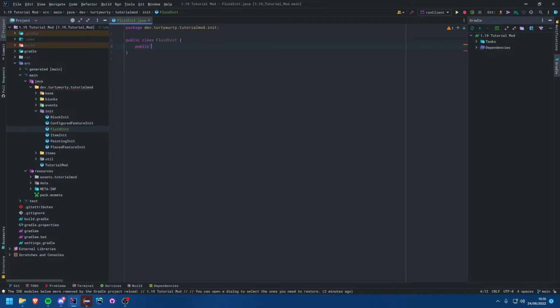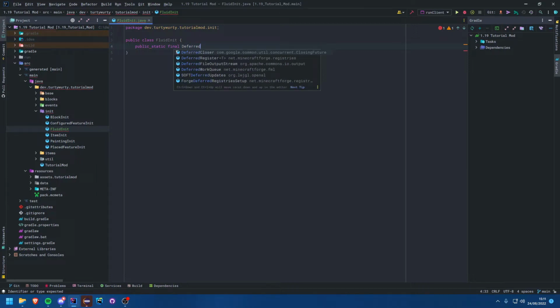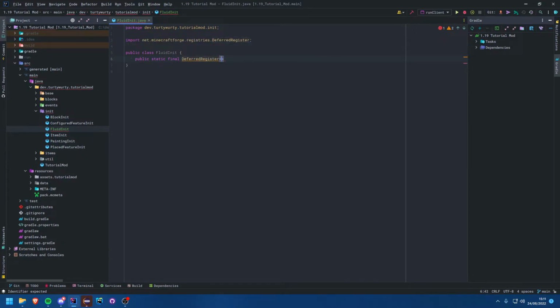So we're going to want a public static final deferred register, and this will be of fluid type, and we'll call this fluid types, and that is equal to the usual deferred register dot create, and that will be forge registries